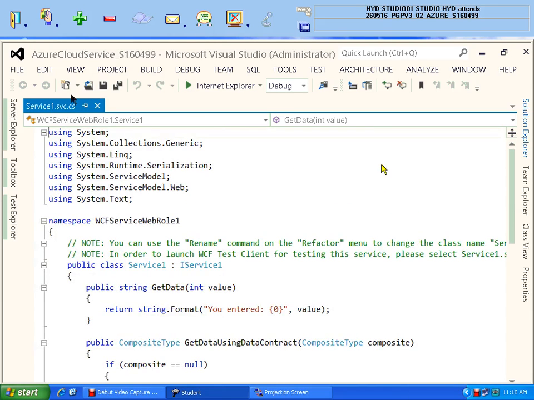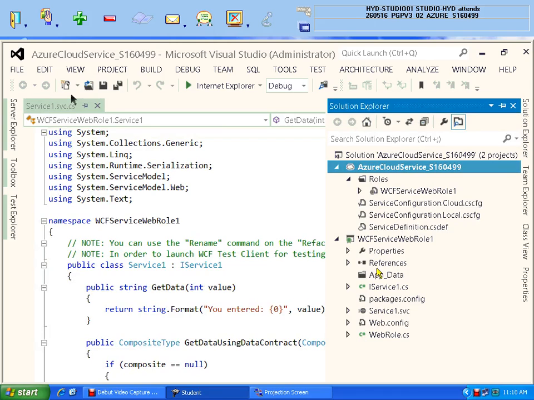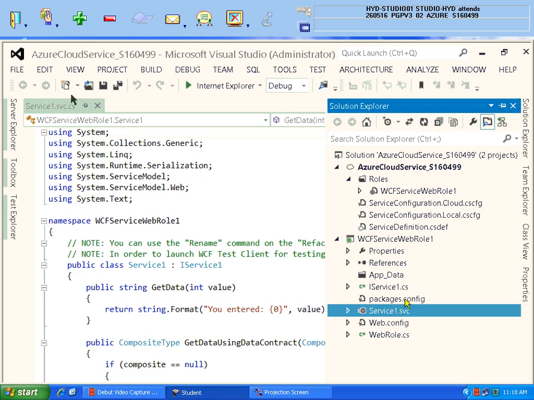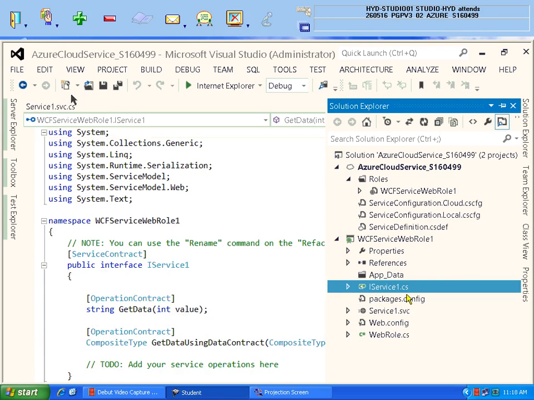I'll show you. Now you have to first identify and understand this. One is your service and this is the web role which is helping you to create this service. Okay. So this web role, actually your interface will be there in this service role only. Can you see, my dear? Both of these you can find in the web role only, because it helps us to create this type of service.